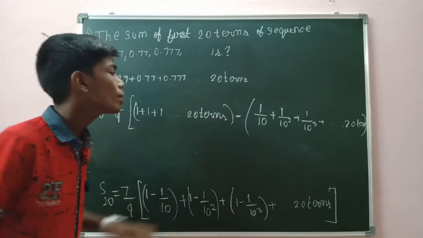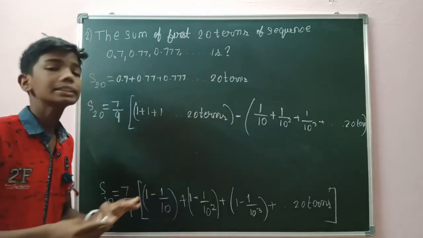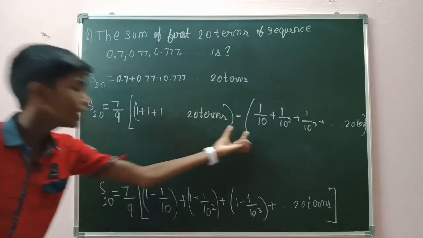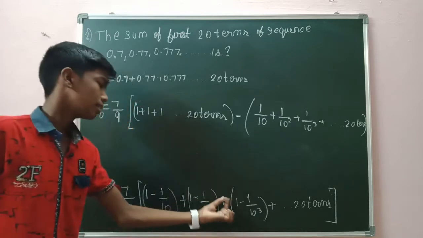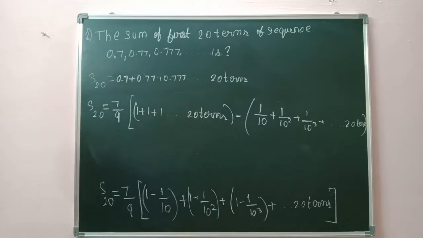When I take minus common, I will get minus of 1 by 10 plus 1 by 10 square plus 1 by 10 cube, so that the sign will change. If I take minus common, this minus will become plus, this minus will become plus. That is how I change this. Okay. Now